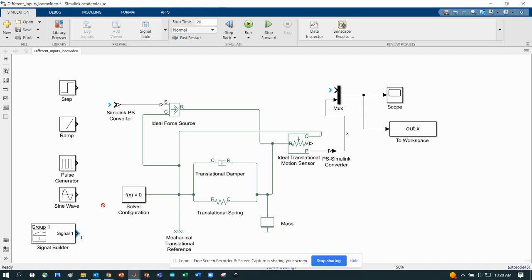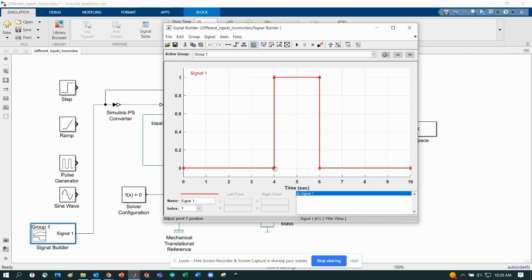The last one, if I have time, I like this one because if you're doing something that doesn't really fit everything else, this is a signal generator. So you can move these. Basically, if you click on one, you can change the X. So let's say this starts at 2 seconds. So you can really